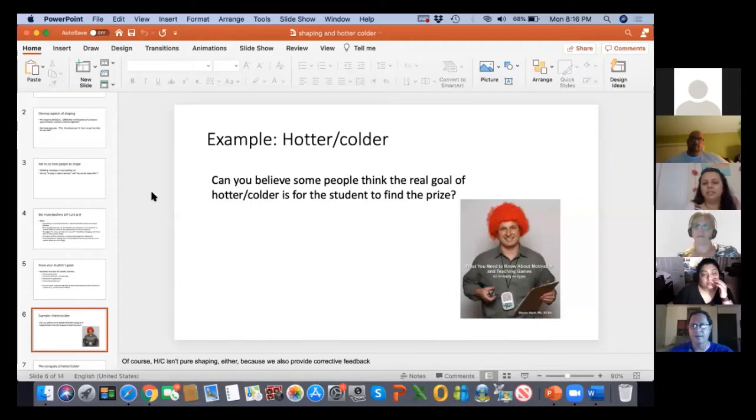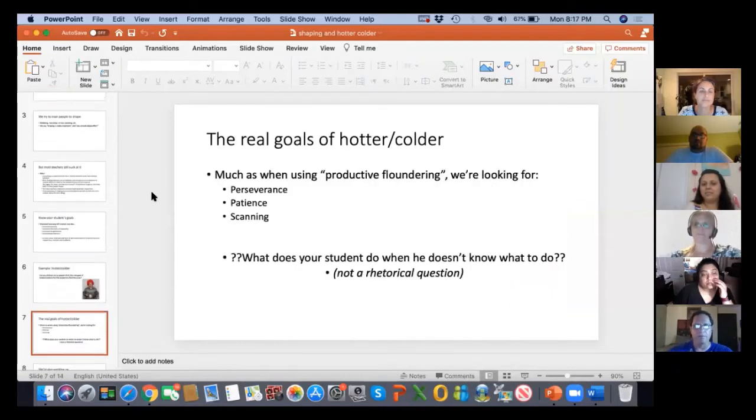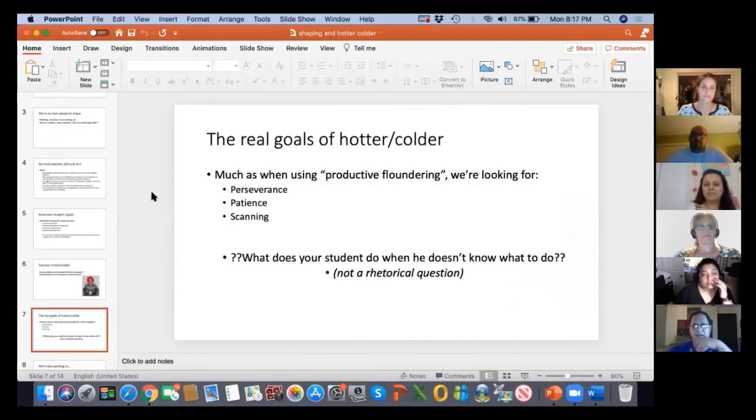Okay. A lot of prompts. Yeah, a lot of prompts is what I was looking at. I see your point, Shruti, from the student's perspective. Yeah. But yeah, what happens with this is teachers will, almost all of them, until I really, really train it out of them, prompt quite a bit. Well, one of the bigger goals, I think I probably have this on the next slide. One of the bigger goals of this game is perseverance, right? We're looking at, well, you don't know where something is.